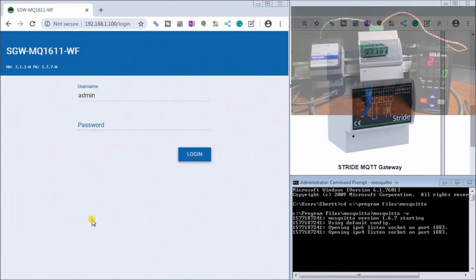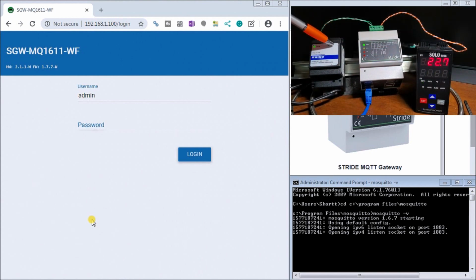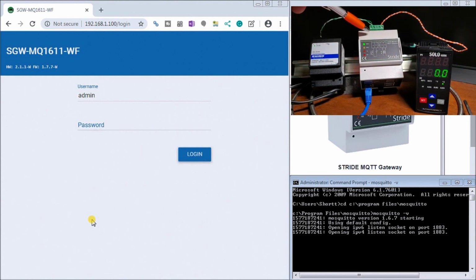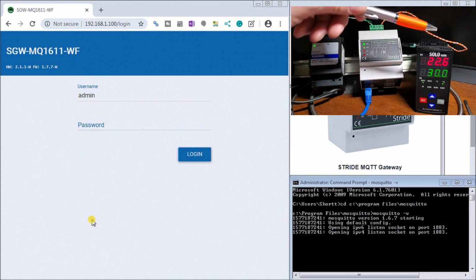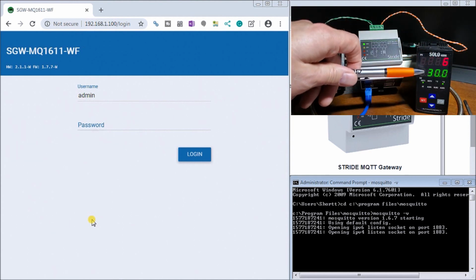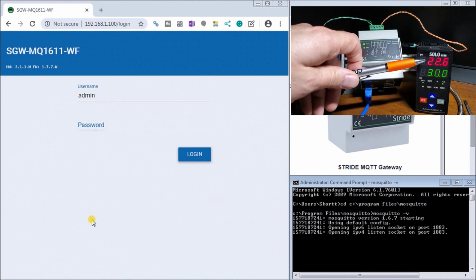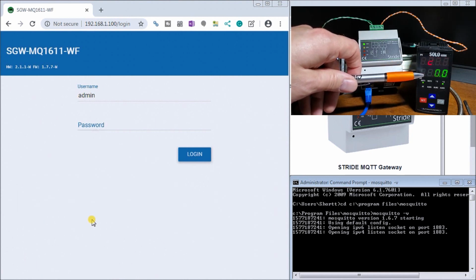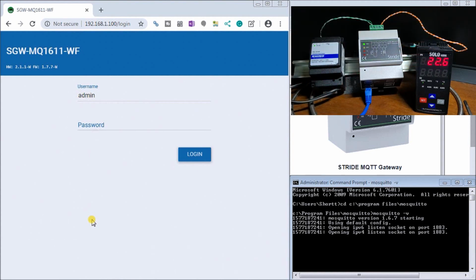So if we actually look at the hardware that we have, here we go. Over here we have our power supply, 24 volt, that goes into our MQTT Gateway. Then we also have our RS485, which is our serial twisted pair going into our Solo process temperature controller. It's set up with a present value of 22.6 and a set value of 30.00. That is our setup, and we have our Ethernet connection right here, RJ45, which is going back to our